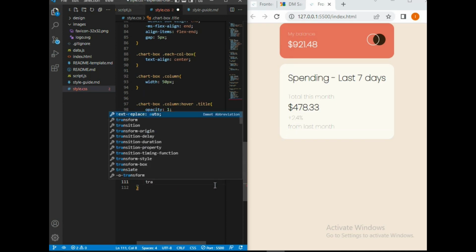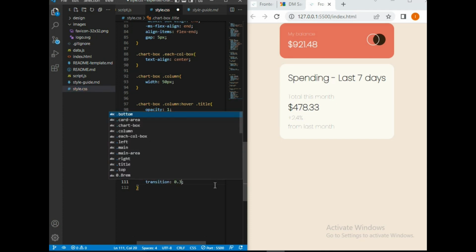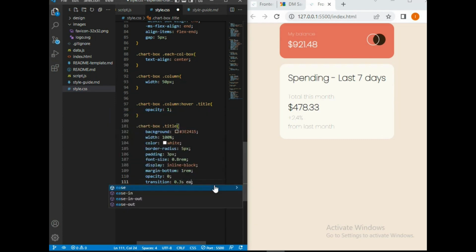It's giving us an error, so I need to use transition 0.3 is